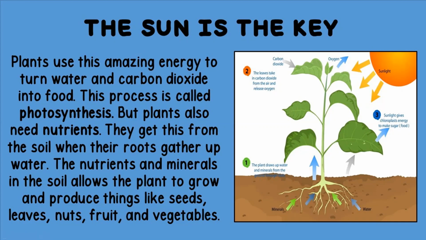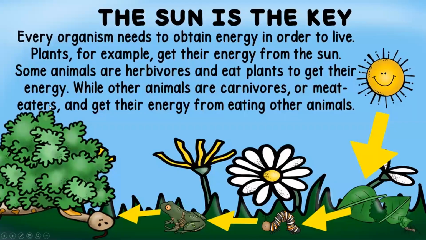So the bottom of our food chains are organisms that eat plants, right? When we go back to our food chain here, our caterpillar eats the plant. So the very, very bottom of our food chain here is a plant. The plant grows from the nutrients in the soil and the sunlight, and it's a great mixture, and they grow big and tall. The caterpillar eats the plant, the frog eats the caterpillar, and the snake eats the frog.